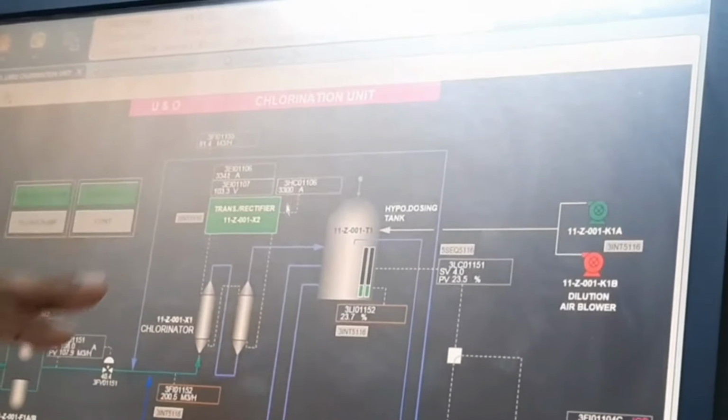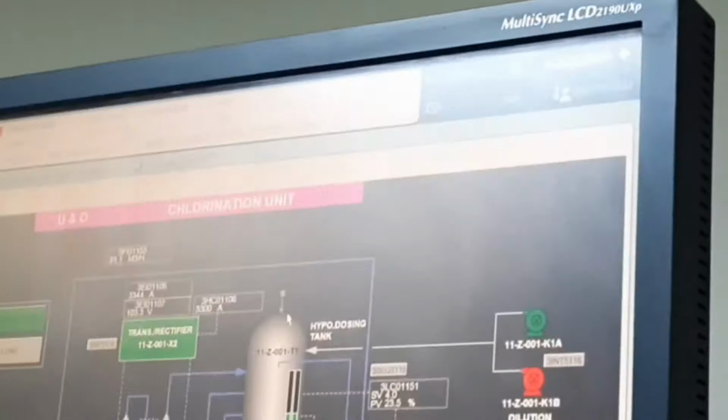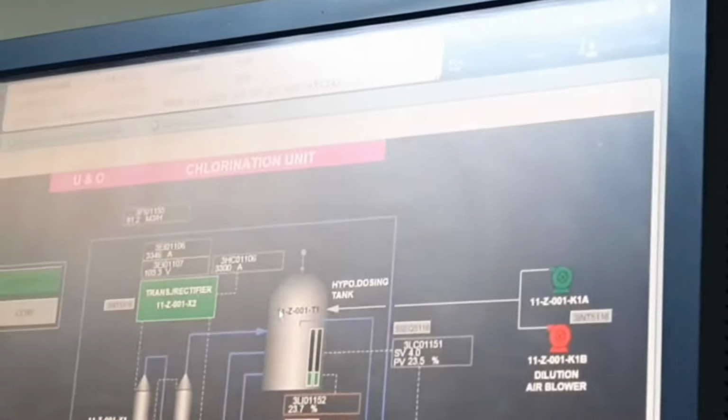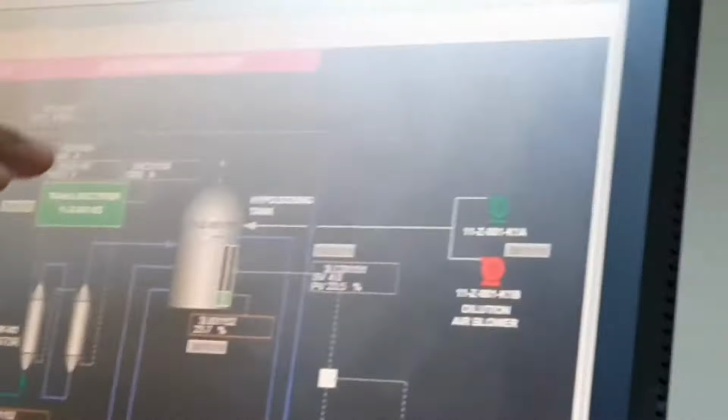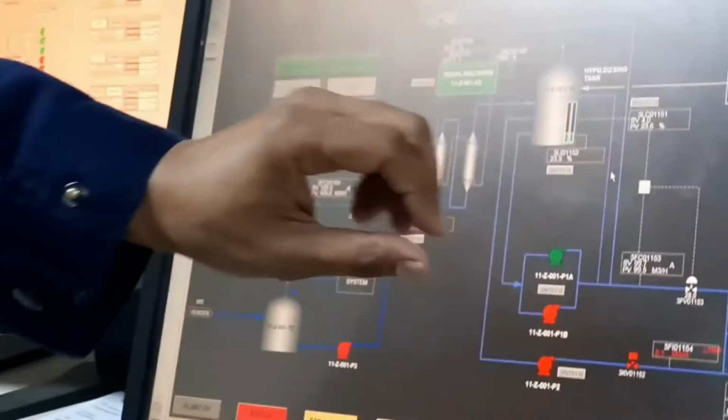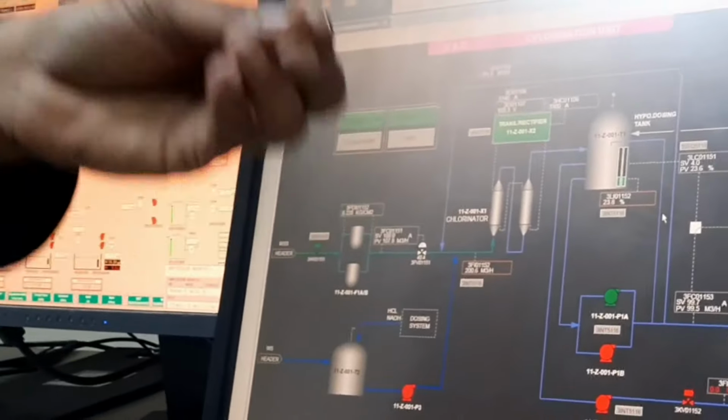In the hypodosing storage tank there is one vent bulb. Do you see the vent bulb? Through this we are releasing the hydrogen, another product accumulated in the hypodosing storage tank. After the pump discharge, we are taking 10 meter cube from this line for breaking down the bubble. When all the product goes to the hypodosing storage tank, some bubbles are created. For breaking down the bubble we are using a small line, taking 10 meter cube.